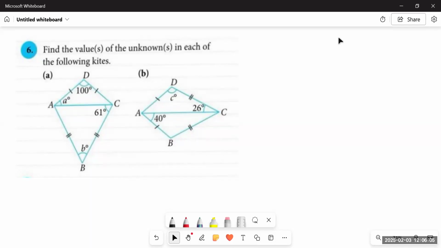Thinking your syllabus mathematics book 6 or book 1. And today we are going to discuss from question number 6 of 11B polygons, in which we are going to discuss some of the properties of kite, right? Kite is another quadrilateral. We have discussed about some of the quadrilaterals in the previous videos.